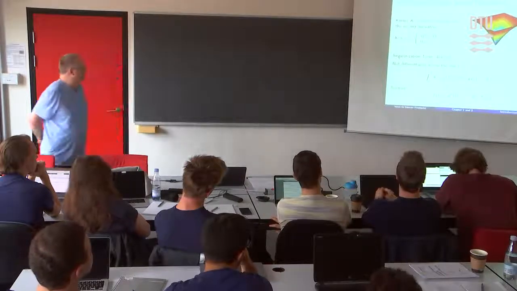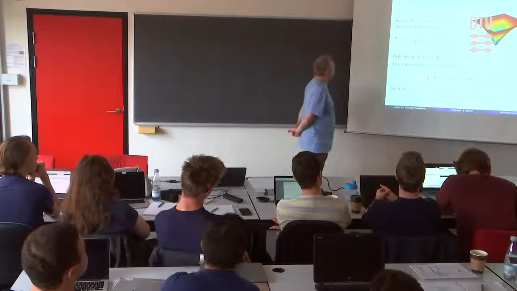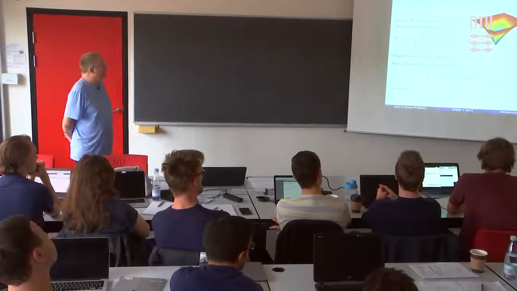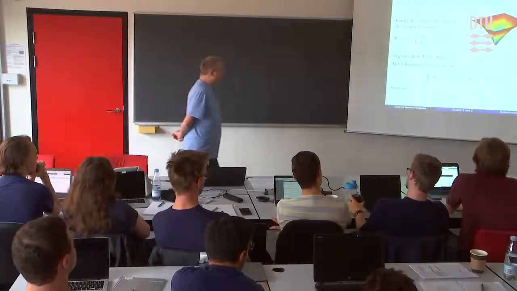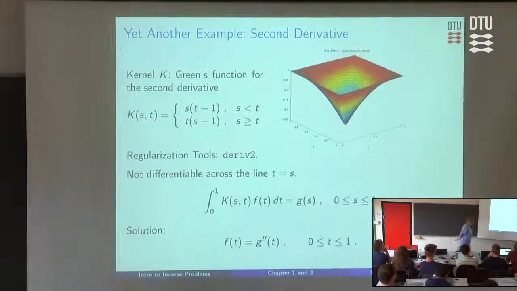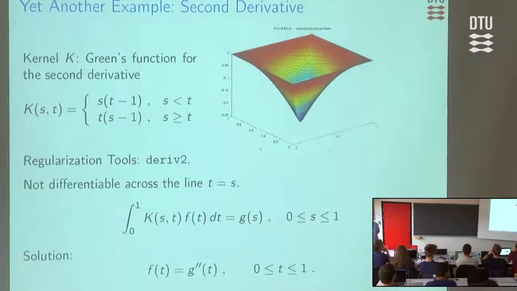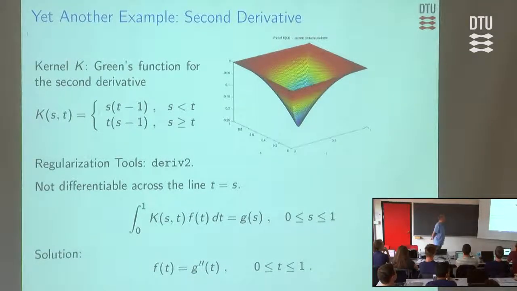Now here's another one. This is also a cooked up test problem. If you choose that particular kernel, that is continuous but is non-differentiable across the line t equals s, then it's very interesting. Then the solution f to your integral equation happens to be the second derivative of your right-hand side. So this would be one way to numerically compute the second derivative. You plug it into an integral equation. That's kind of interesting, isn't it? Anyway, it's a nice little test problem. It's not as smooth as the other one, so you might actually think that, oh man, that's probably harder to solve.